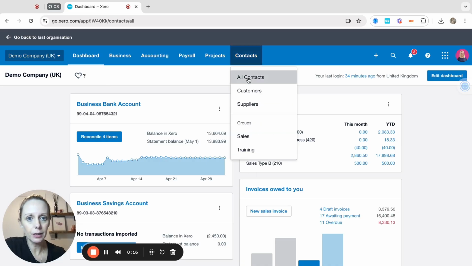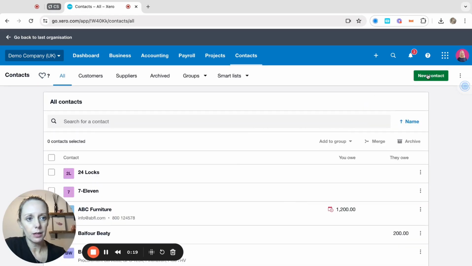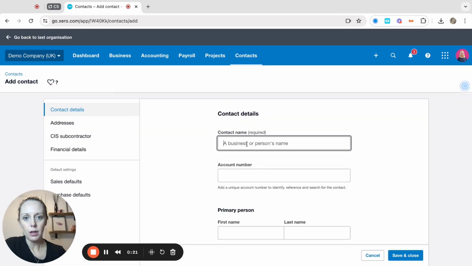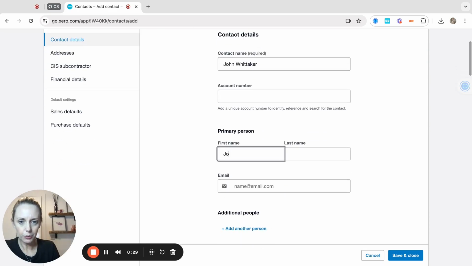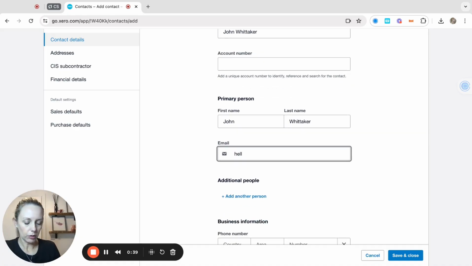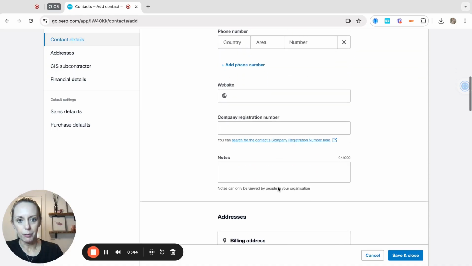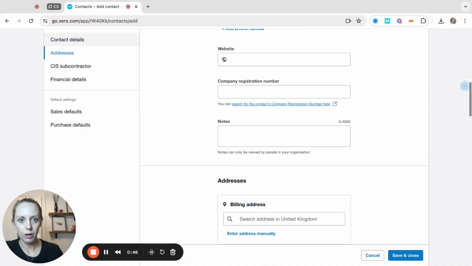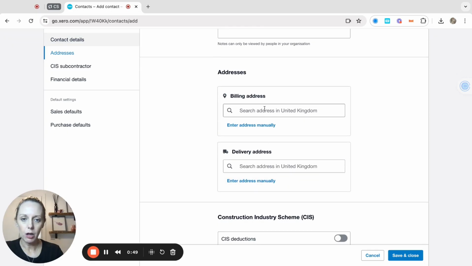So you come in here, all contacts, and let's add a new contact. So it's going to be a person. I'm just going to use a dummy one. Oops. And I'll probably spell his surname wrong, but never mind. I'm just going to use the standard email as well. You can pop in business information and everything, but it's not 100% necessary. Again, I would put in the address for these definitely, because